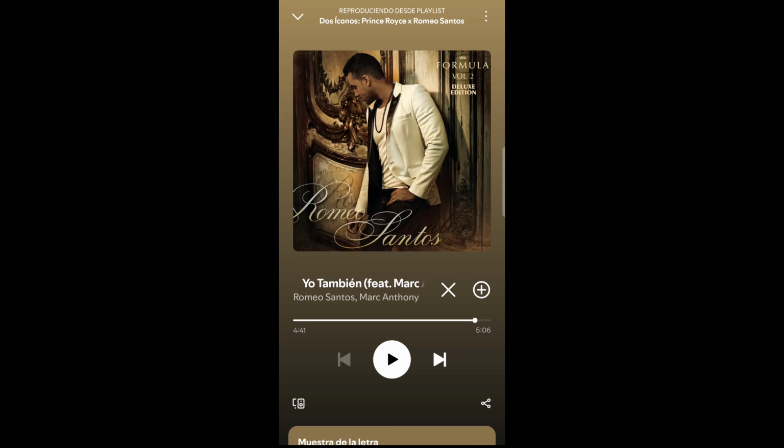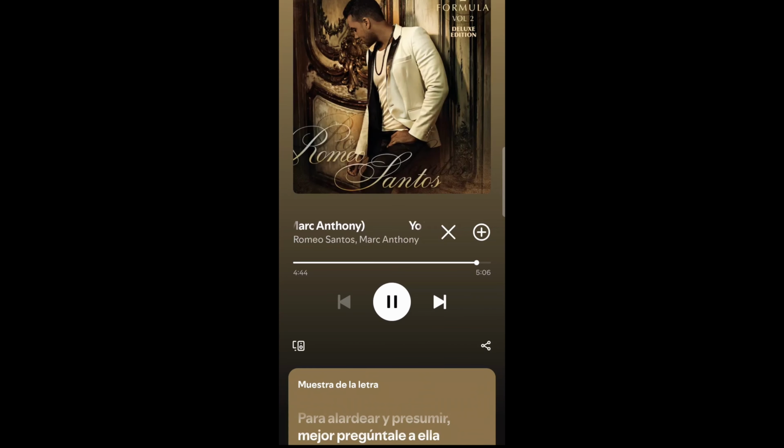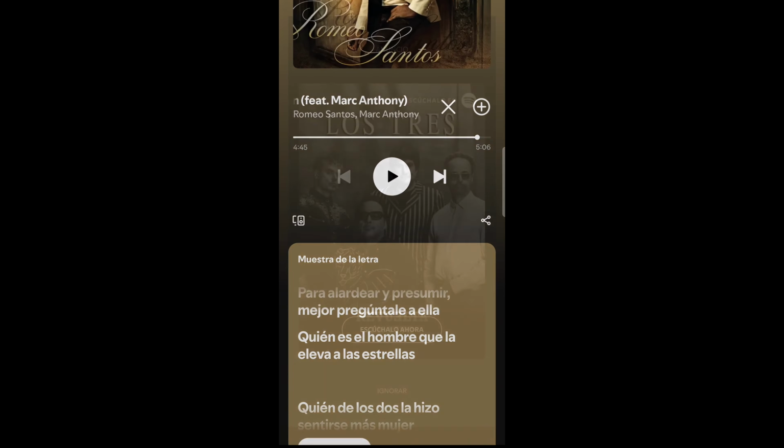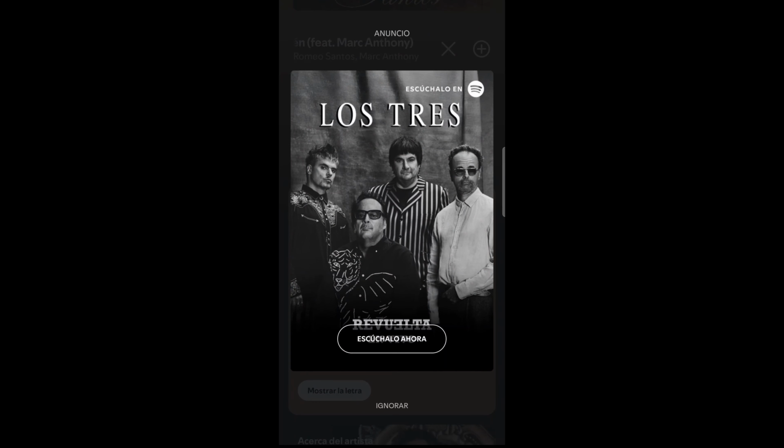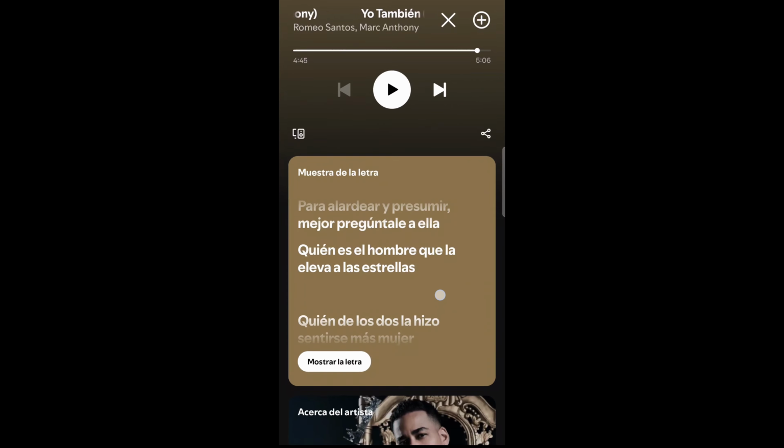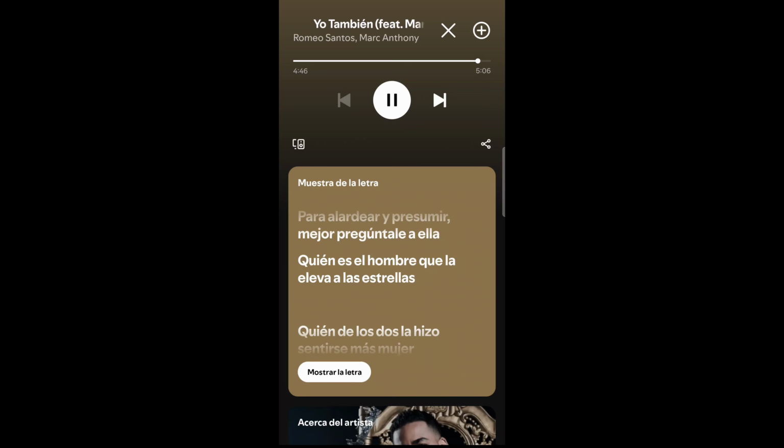Okay. Now, in the app, not on the web or desktop version, you have to have the app. And you'll be able to look at the lyrics while you're listening to the song. So for instance, let's see here. This is playing. You see where it says Muestra de la letra? Muestra de la letra. You see where it says that? While it's playing, you can just click that or scroll that up. Ignore that, that's just an advertencia ad. But scroll that up, and that's the lyrics. You see, while it's playing,